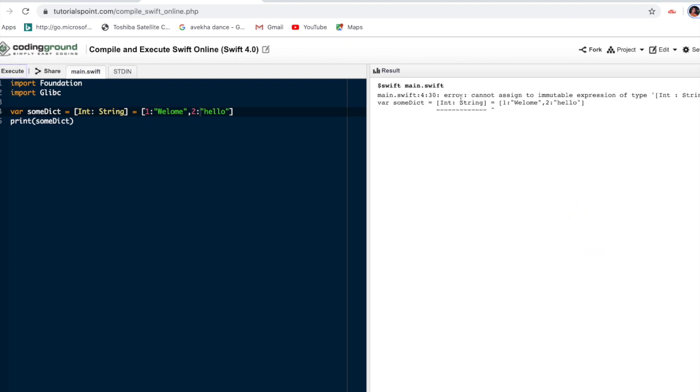See, it can't assign, our key type int then colon.